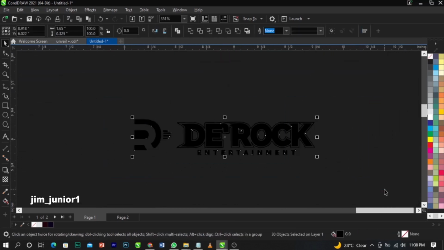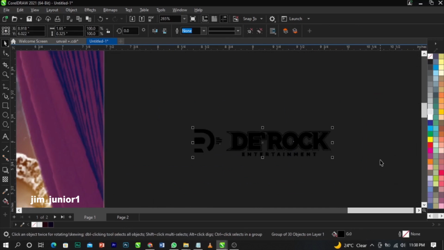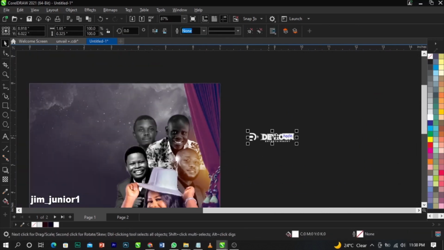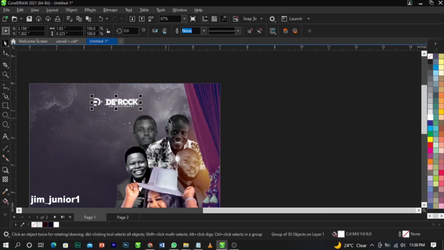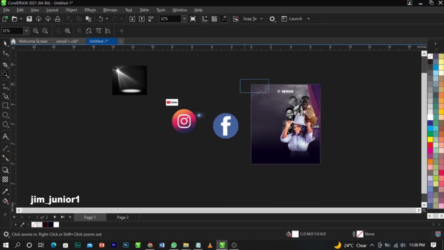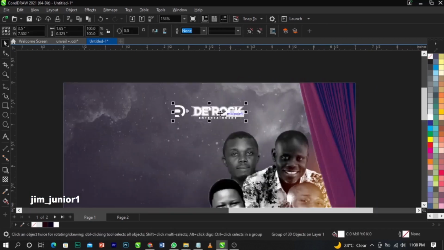All right, so we're going to just basically group everything now and give it a white color. So once we do that, we're going to basically bring it over here. All right, so put it at the middle over there and leave that to that. And what I'm going to do is bring it just right here. And once you do that,